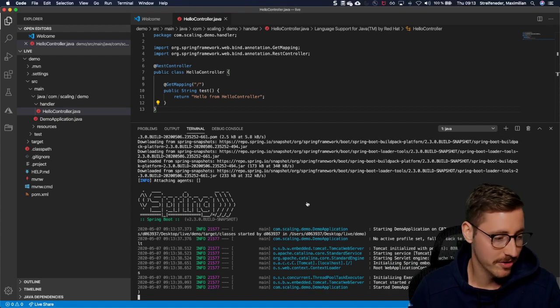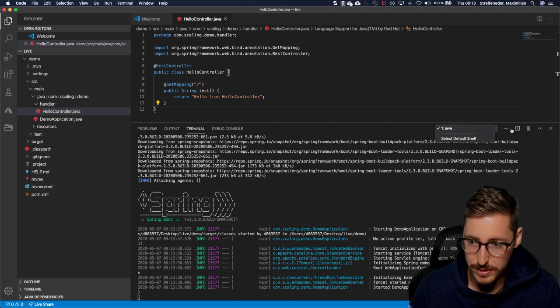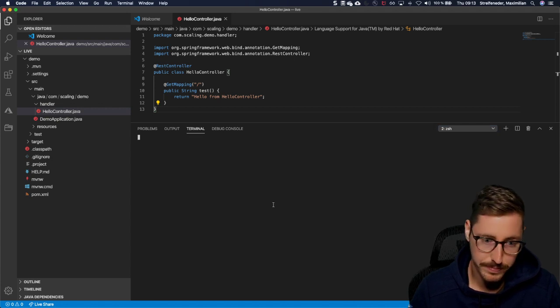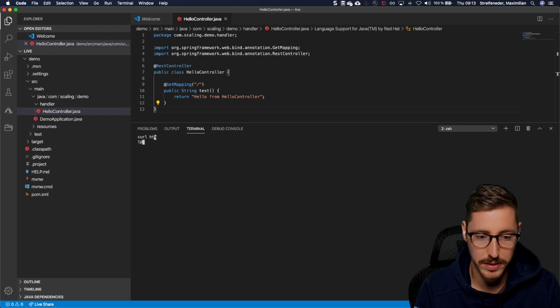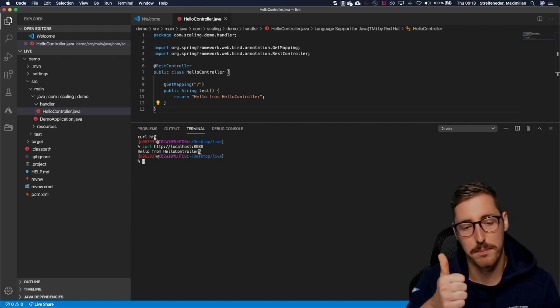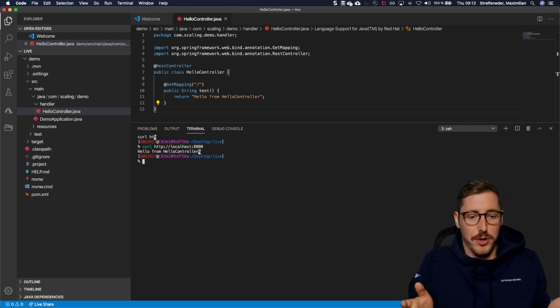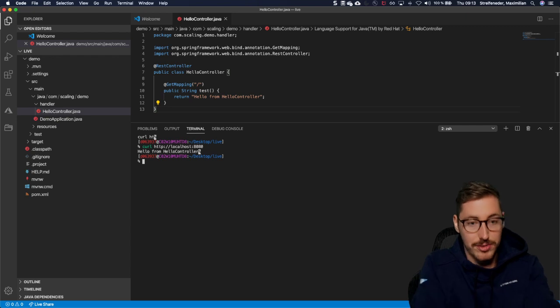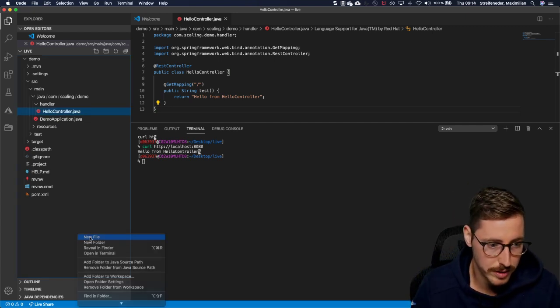Okay, application started. Let's open a new terminal and call that. Hello from control. Perfect. So since we want to talk about scaling and Cloud Foundry, let's deploy that to Cloud Foundry. Therefore, we create